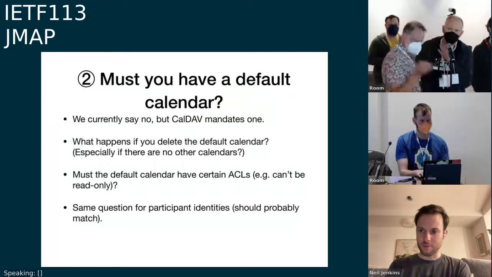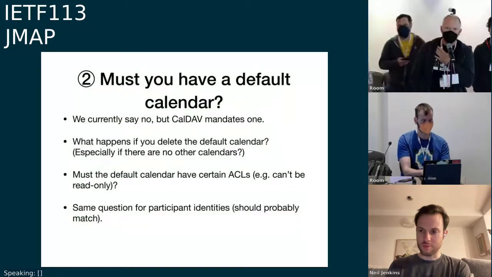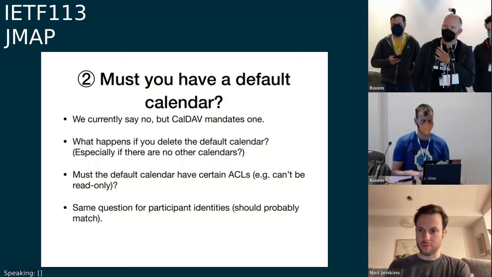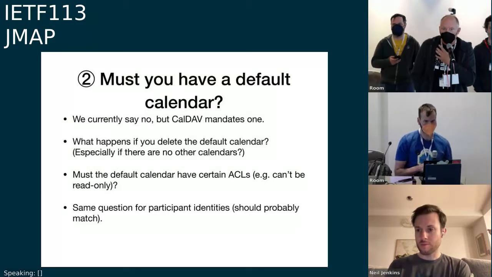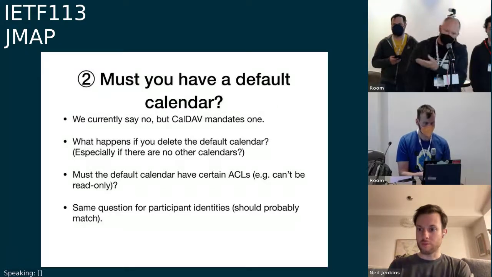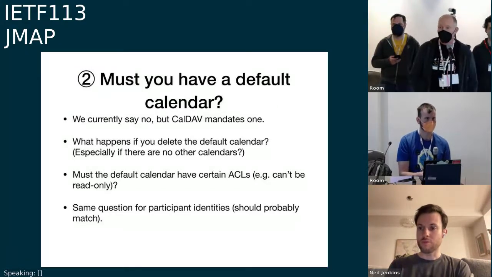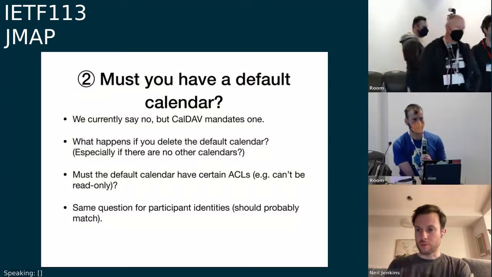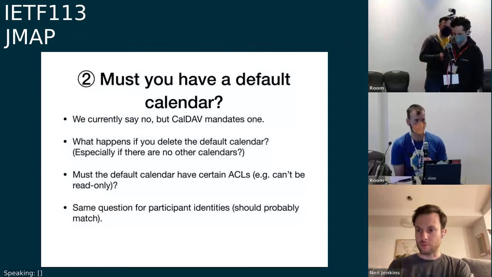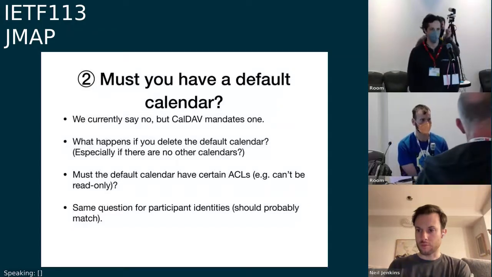So this is kind of, again, based on what Pete and Barry just discussed, perhaps what we do is you do not have to have a default calendar, but in that case, you aren't able to schedule. Yeah. If all you want are read-only calendars because they're subscriptions, fine, but don't expect invites to go anywhere because you've got no place to put them. And as Pete said, it's like the inbox. If you don't have an inbox, you're not receiving mail, but you can certainly read mail in other mailboxes. There are certainly servers where you can not have an inbox, and then when mail arrives, it gets auto-created, and then the mail is put in it.